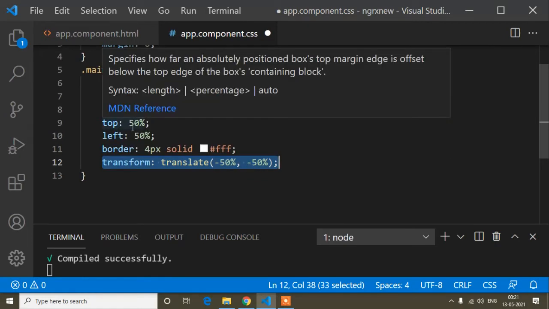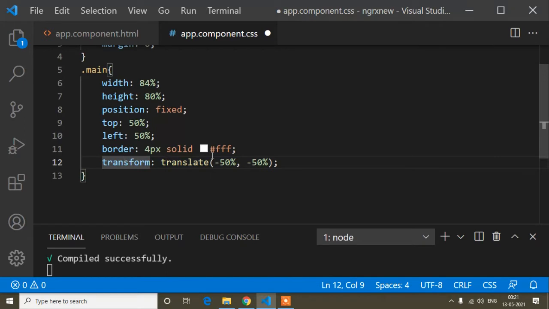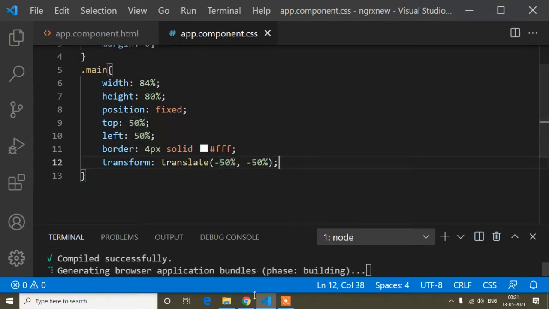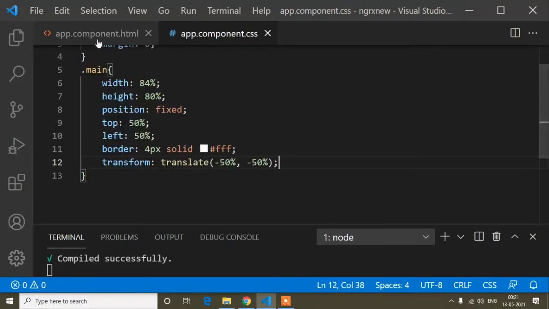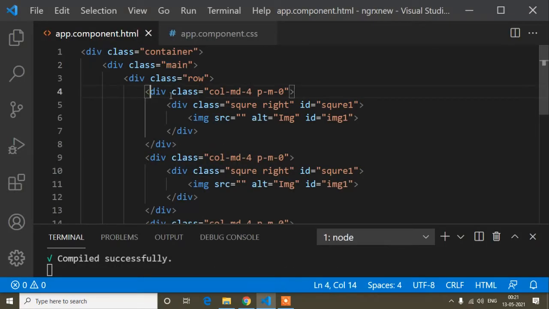This transform translate is the same as top 50% and left 50%. Now if I save, you will find it has added a border. And inside this border here are 3 divs. So you can see 3 columns, and every column has a square.